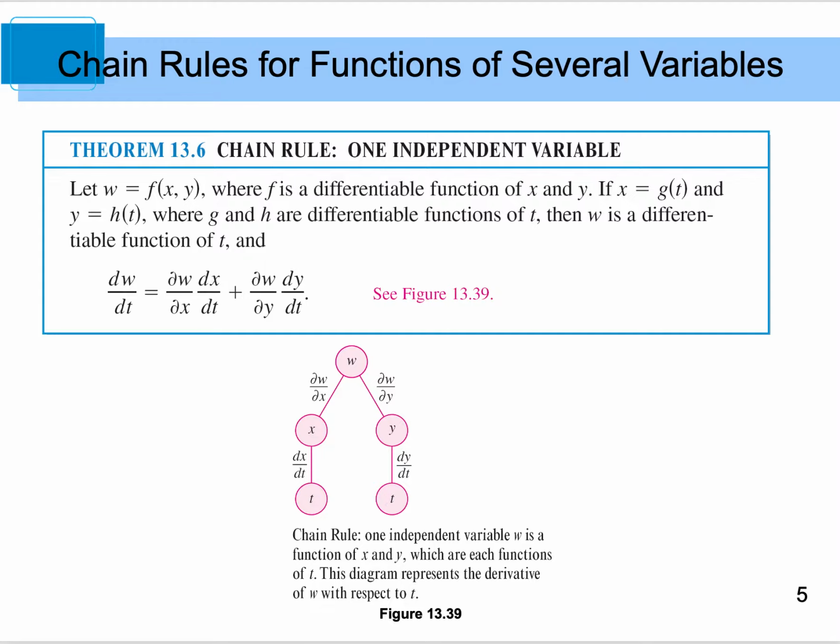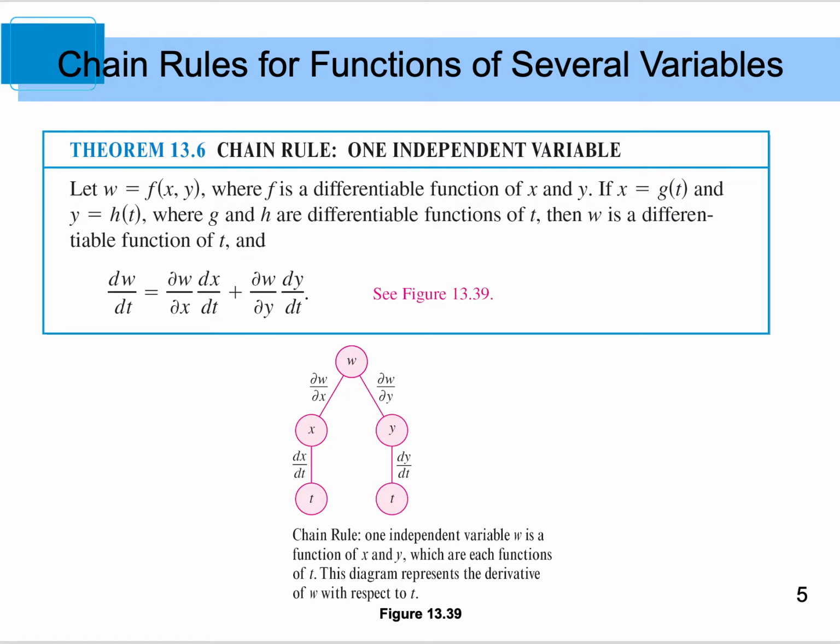The easiest way to think of this is like when we did parametric. So we've got x is g of t, so that x depends on the value at t of g, and then I have y, which depends on h of t, but both of those combined are related to w. So think of this a little bit like parametric. It's really important that g and h are both differentiable functions of t, and if that's true, then w is a differentiable function of t,